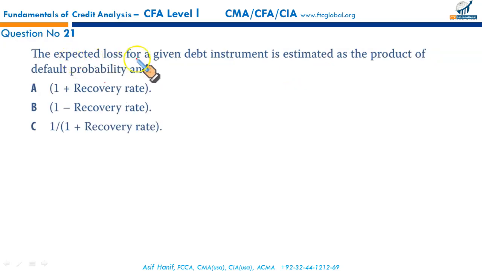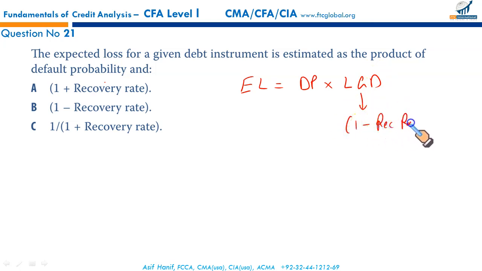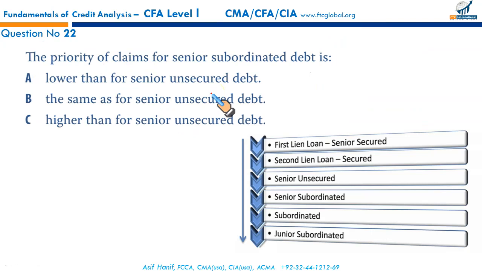Next, the expected loss for a given debt instrument is estimated as the product of default probability, and we have read in our text that expected loss is equal to default probability multiplied by the loss severity given default. Sometimes this loss severity given default is expressed as 1 minus recovery rate. So this part is given, the product of default probability times 1 minus recovery rate. So that makes B to be our correct option. All right, now